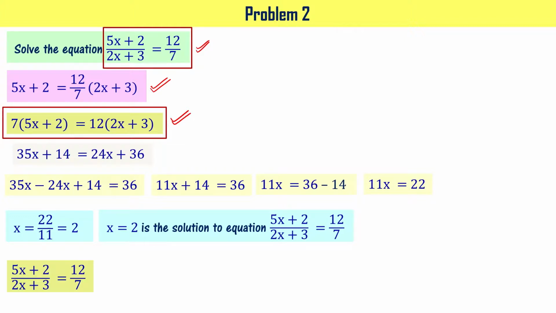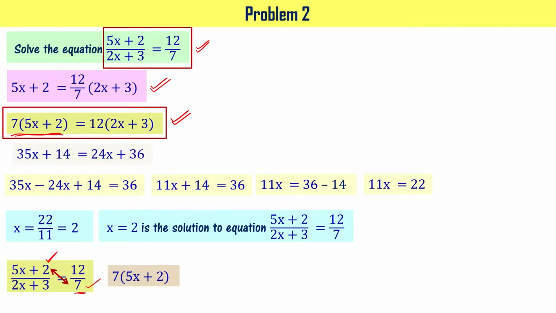Okay, now what I'm going to do is multiply these two terms, 7 and the numerator. It's like the denominator on one side and the numerator on the other side. You multiply and write it. That is 7 times 5x plus 2. You look at this, right? 7 times 5x plus 2.